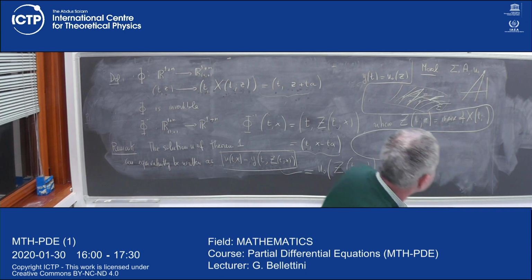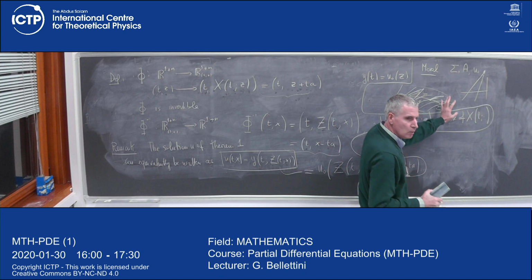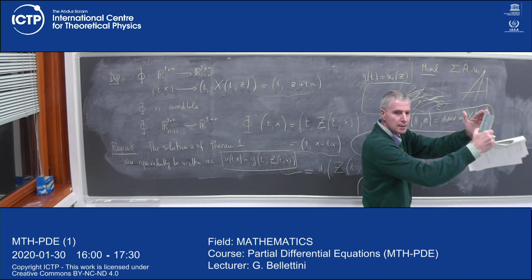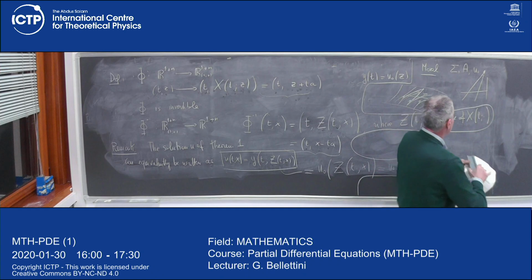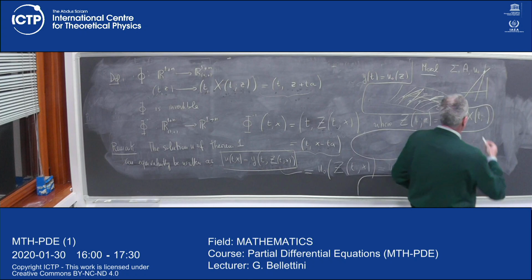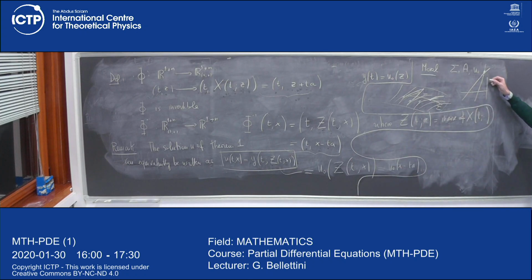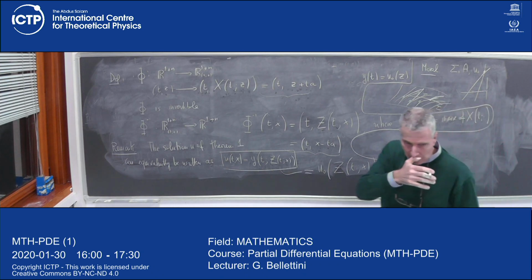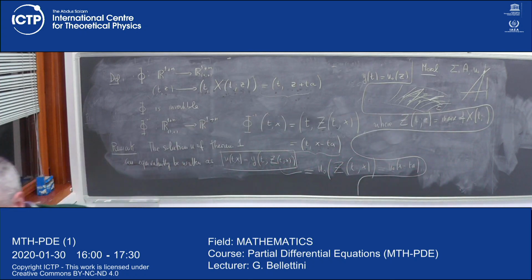I insist because very interesting problems arise when characteristics intersect and cross each other. These are very interesting points. Because when you are here, you cannot use anymore the idea of going back. Because you don't know if you have to go back here or here. Where do you go? So what is the definition of solution? So this method fails. But not in this linear case for the moment.